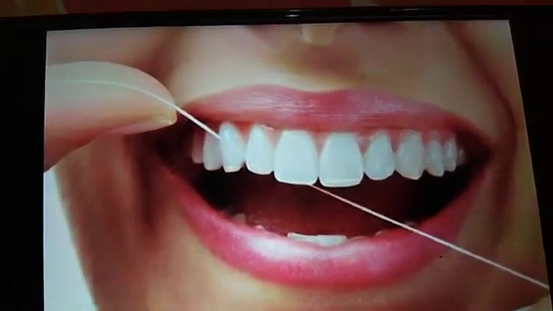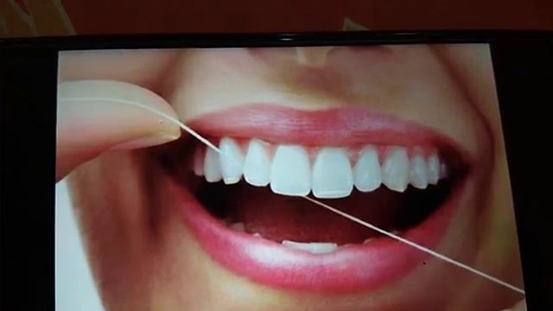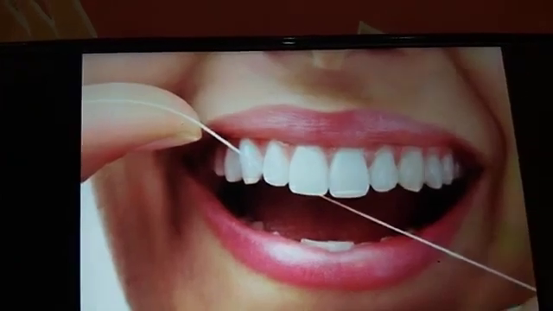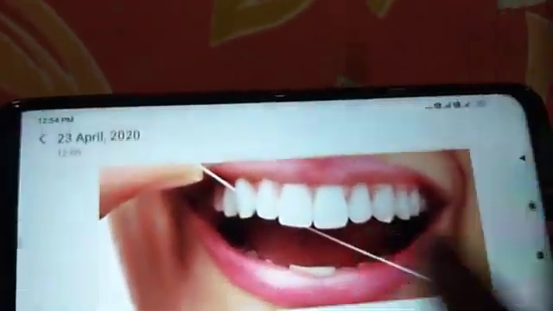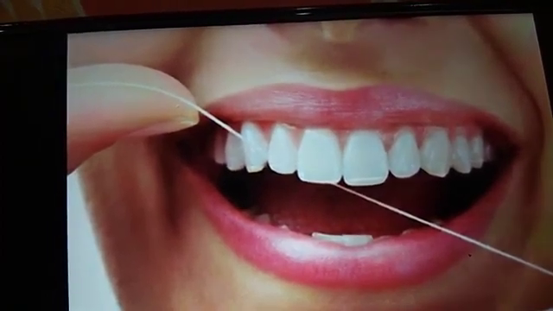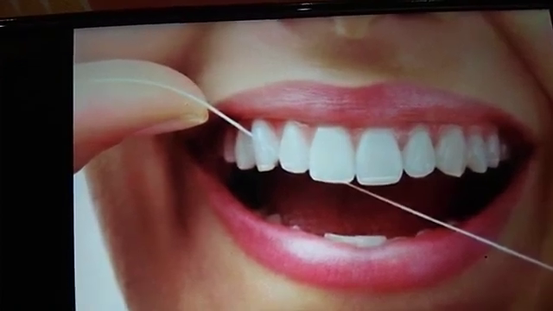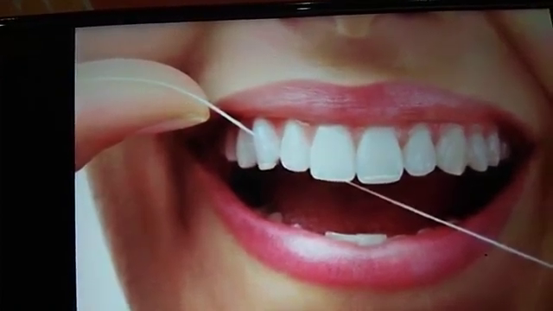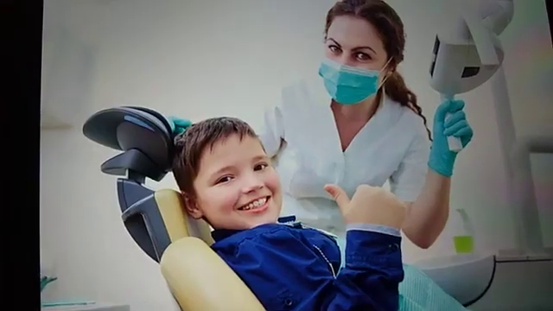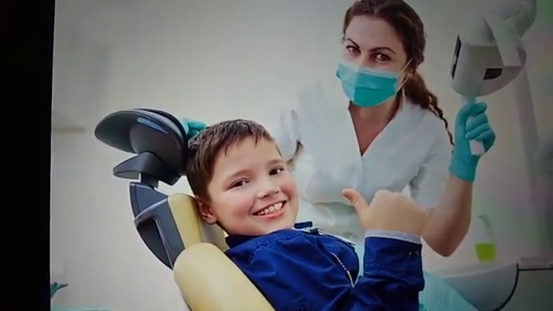Dental floss is a special tool, a thin thread, generally made of plastic or nylon, which is placed between the teeth and pulled to clean the gaps between the teeth. As the thread is pulled, it removes food particles and other debris which may have got stuck between the teeth. This is called dental floss. And the last, number 6, don't forget to visit your dentist once every 6 months.